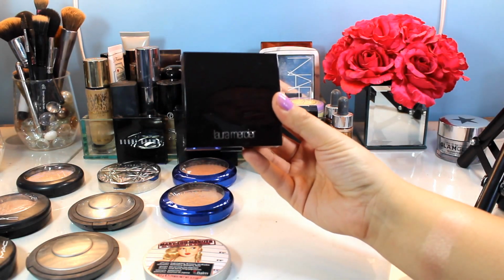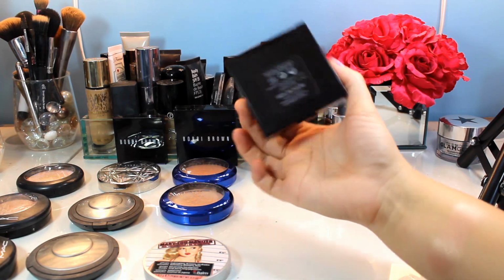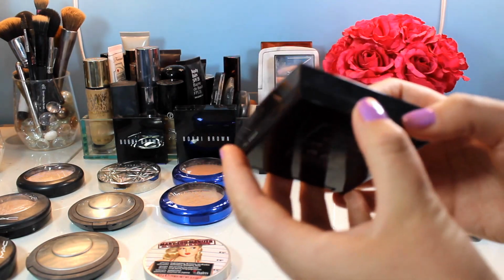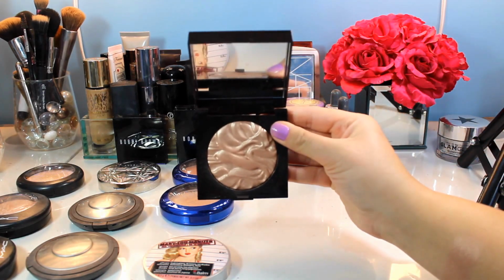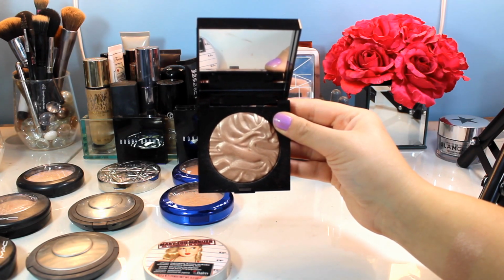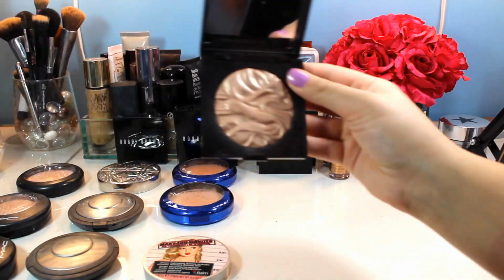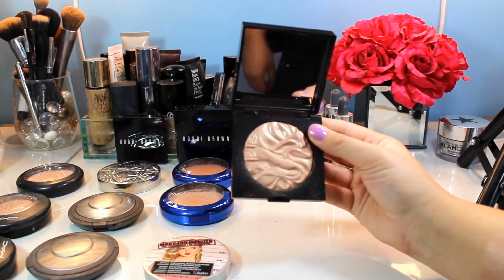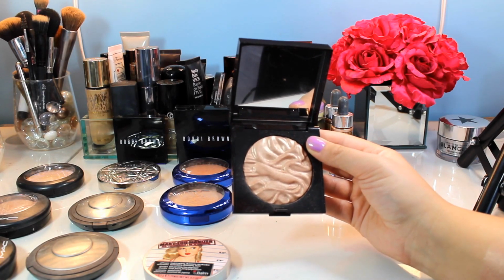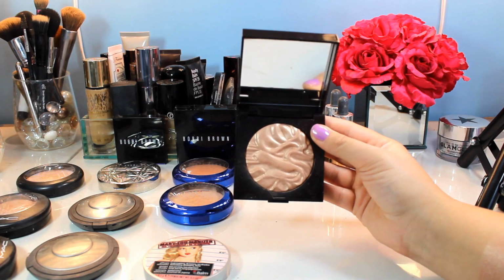So the next one I have is one of the Laura Mercier Face Illuminators. I have this in the shade, ooh, that's upside down, Indiscretion. It's a really beautiful highlighter. So here's what it looks like, and it's just like this awesome swirly kind of wavy print in it. It's just so pretty. It's kind of like a peachy goldy highlight, really pigmented, really beautiful, lasts all day, not too glittery, but I will say that Laura Mercier highlighters have more glitter in them than other highlighters. So if you really hate glitter in a highlighter, you might not love this,